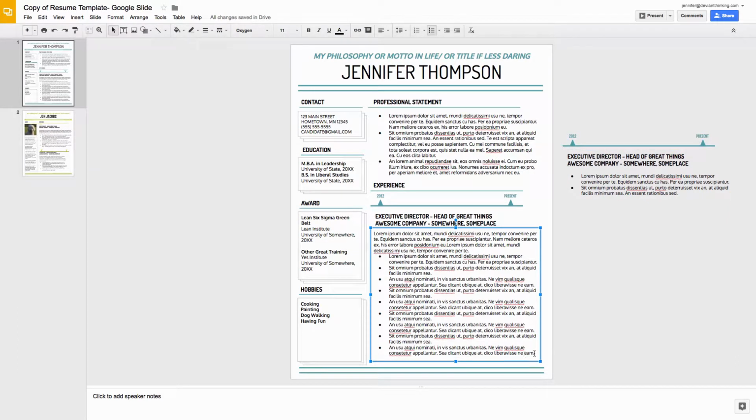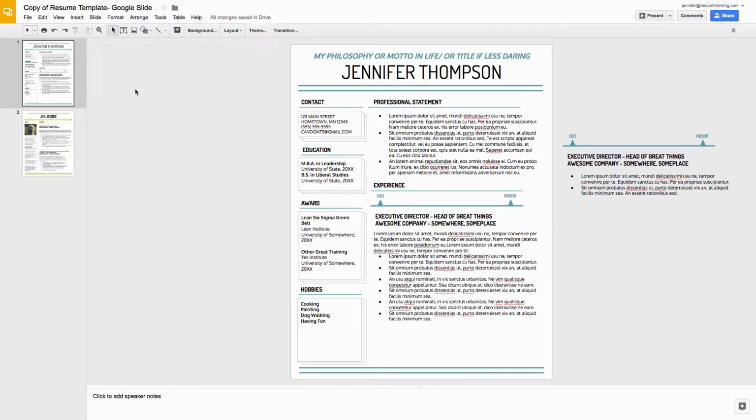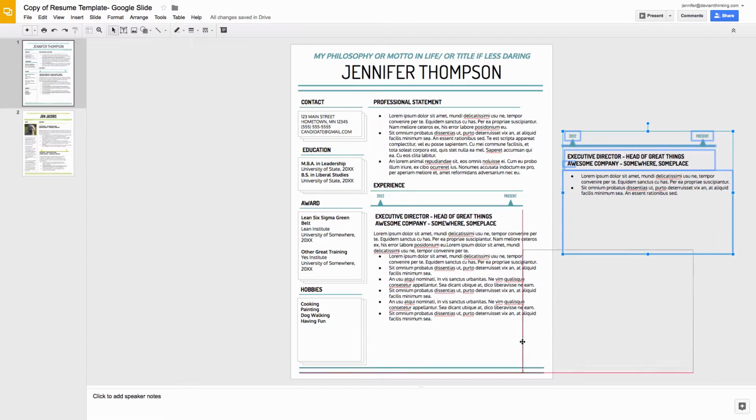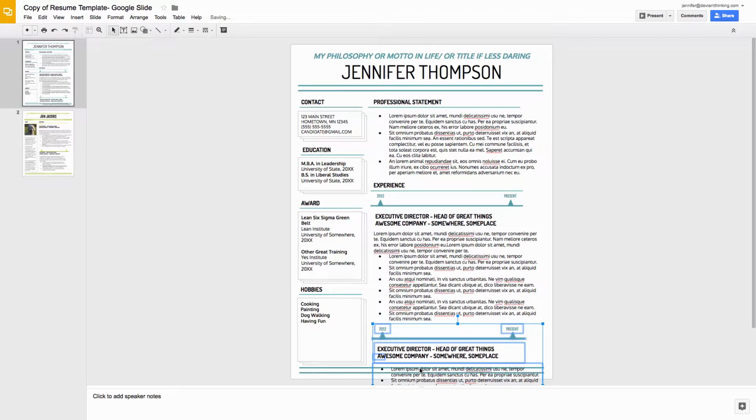If I chose that I only needed a couple bullet points, I can easily do that. Reduce the size of my text box, and then move this whole entire piece back in. In this case, I'm going to really have to think about my design and decide, maybe it just makes sense to add a couple things to the front here or take one out